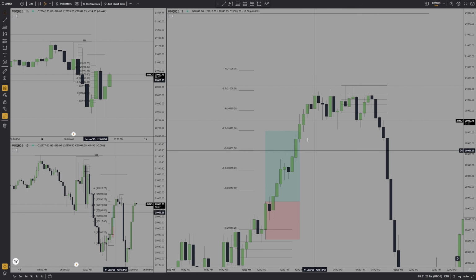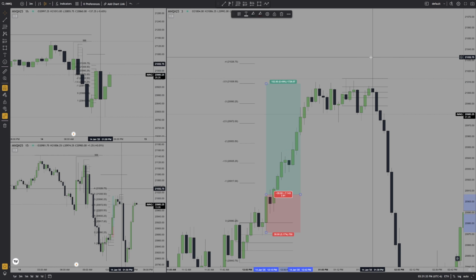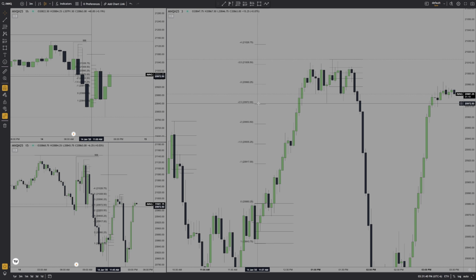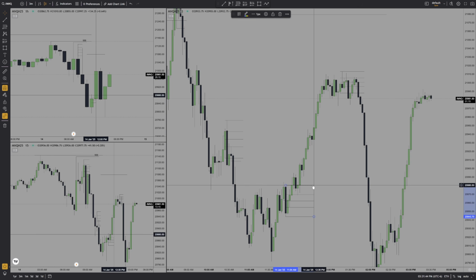So if we look at this, right, what do we see? Price comes up and taps what? Negative 3.5. We just wick at it, right? Very important, very, very important. And that would have given you a 3R. Or you could be trailing on an R basis or trailing the highs and lows of these candles because they're all consecutive colors, right? So this is where we get into a really, really good example in PM and why